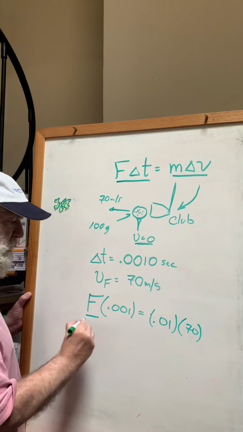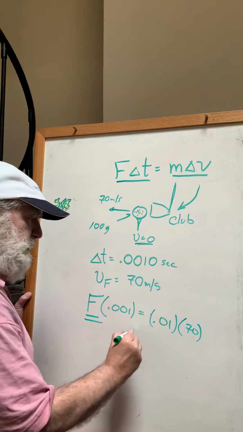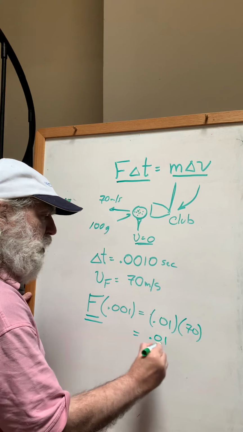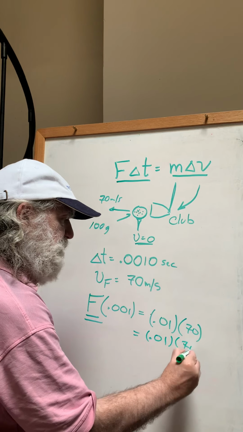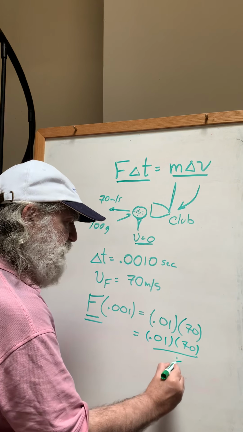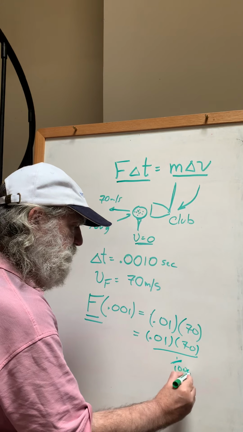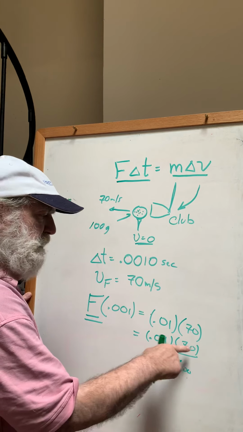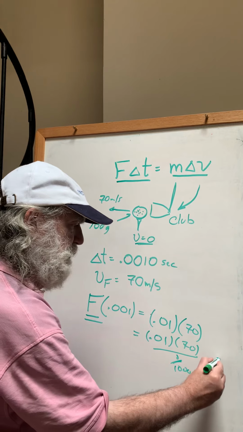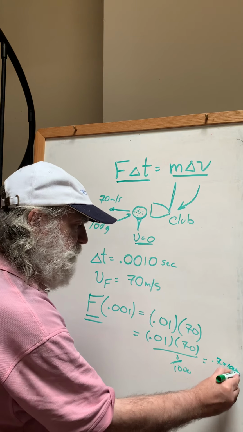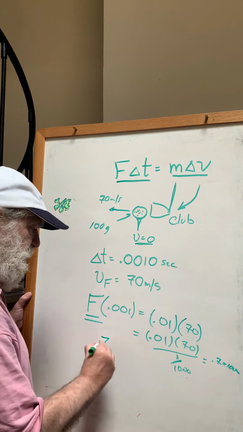So the force that the club exerted on the ball is going to be equal to 0.01 times 70 divided by 1,000th. So we move the decimal place twice, we get 0.7 times 1,000, and that's 700